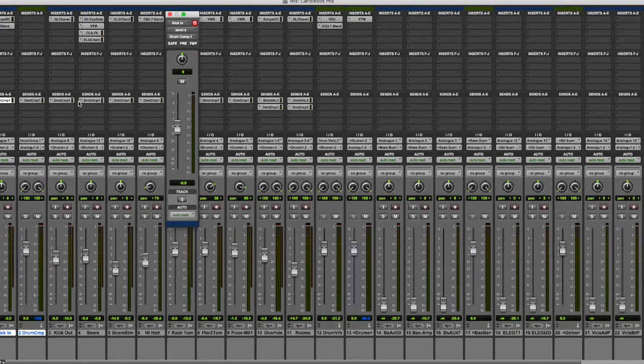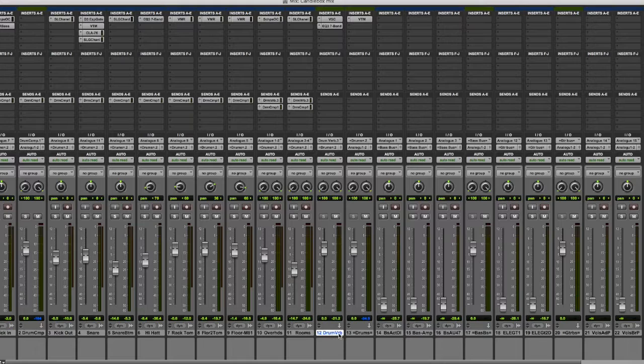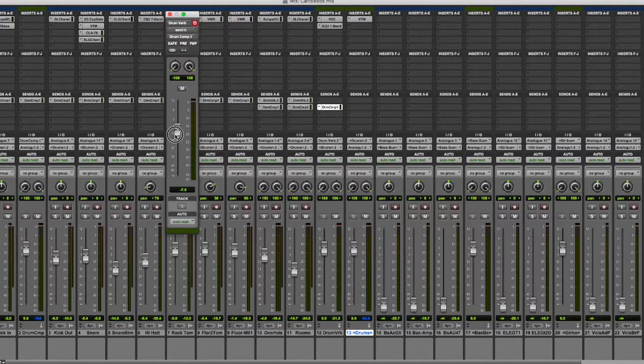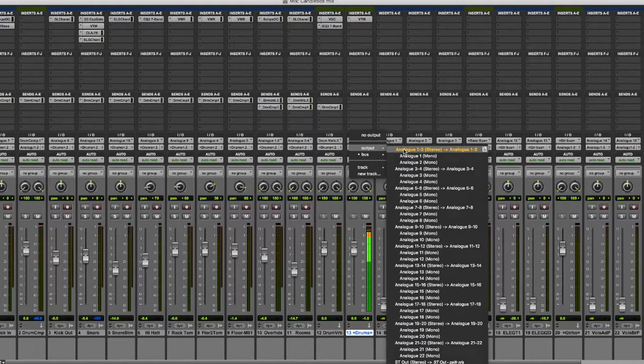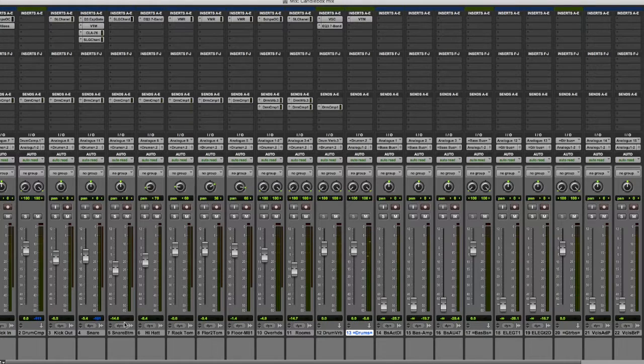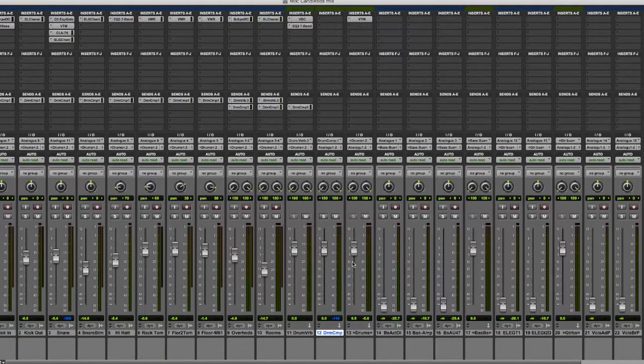And we can turn down the kick and snare, so that we're doing less compression there, but applying more to our overheads and our indirect microphones. We're also going to add some to the reverb, but not too much. Now we're going to make sure that this again goes to our drum bus. Again, make sure we're in solo safe, and we are going to add...